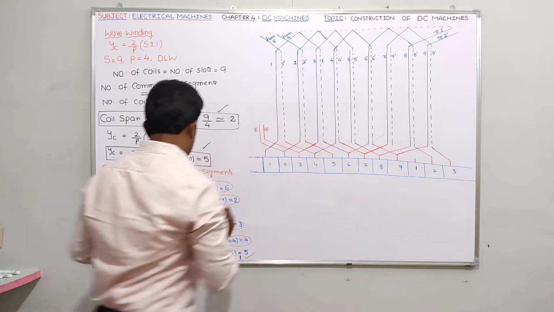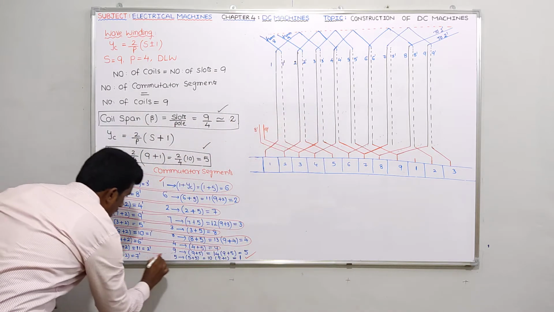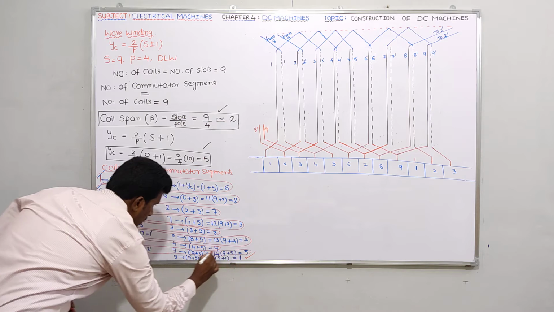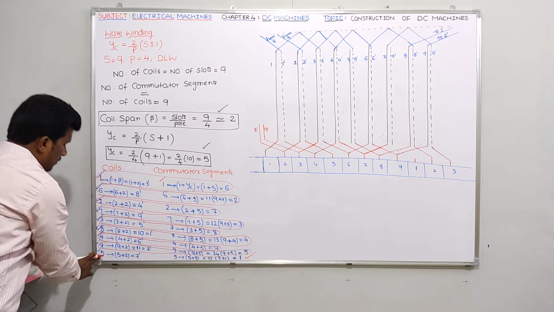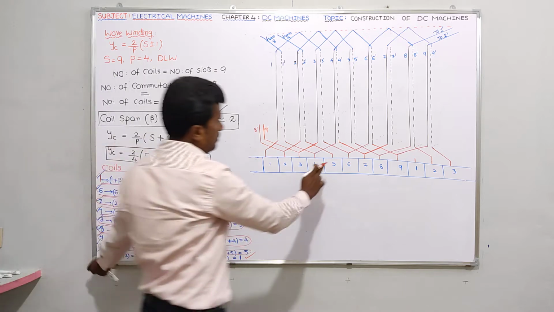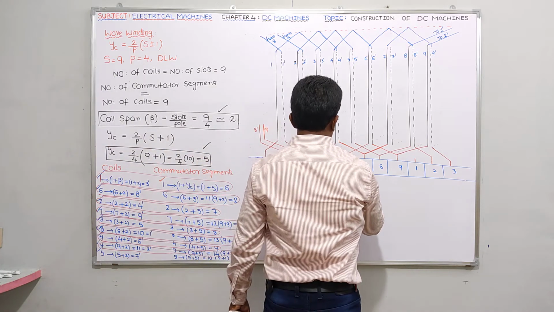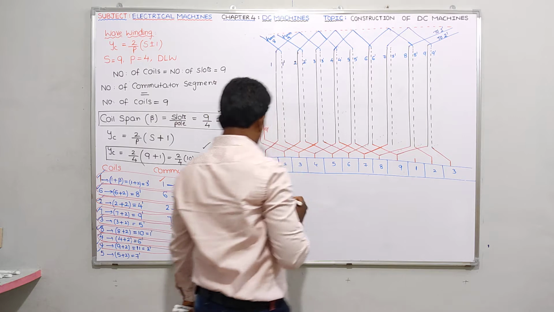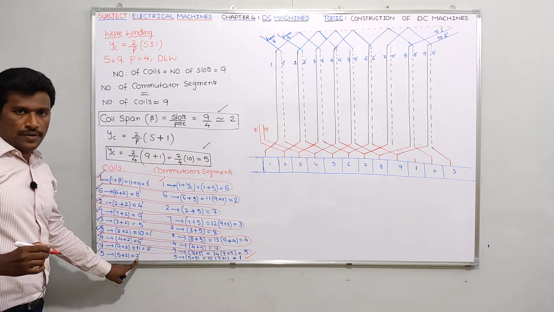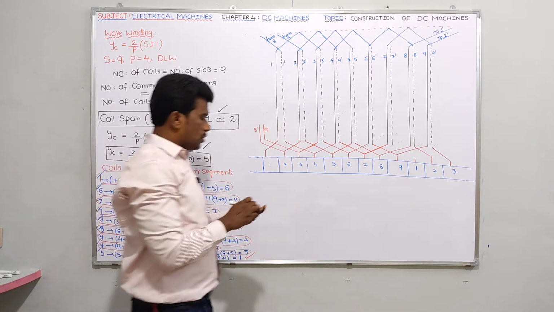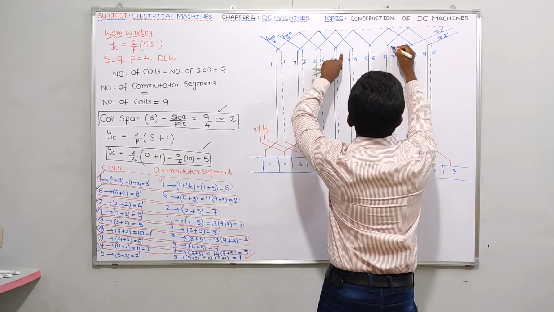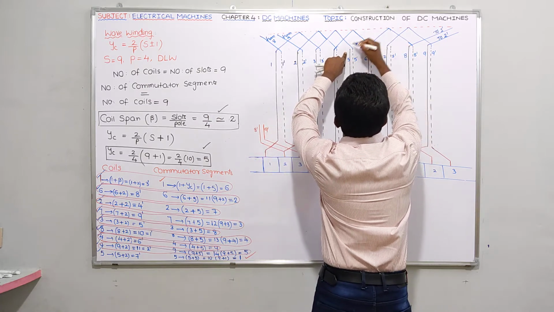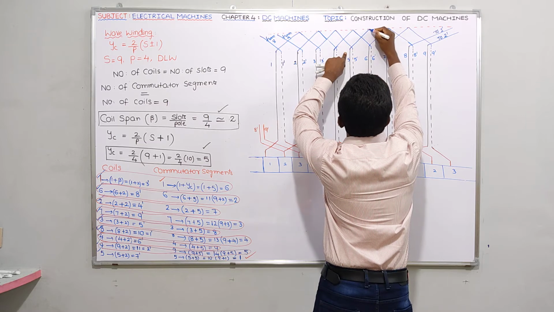Okay guys. So I think we completed this one also. Last one, please. So tell me, to this 5th segment, the 5th conductor will be connected. Okay, to this 5th segment, the 5th conductor will be connected, which means it will be like this. Now 5 7 dash is a coil. So from 5 we should go to 7 dash. The 5 is ending here. So 5 to 7 dash means you should go like this.